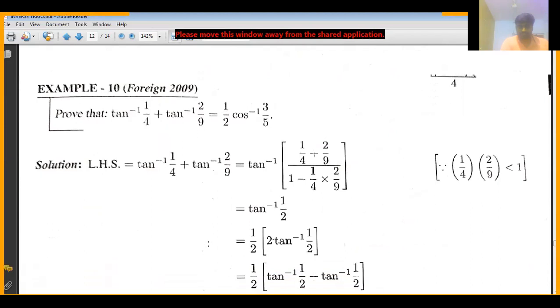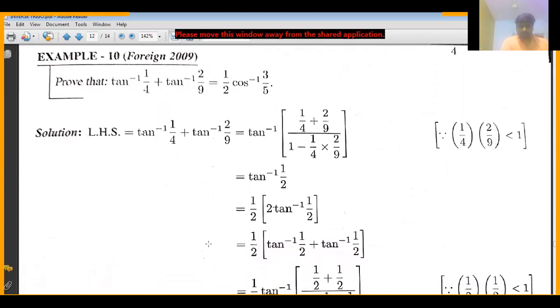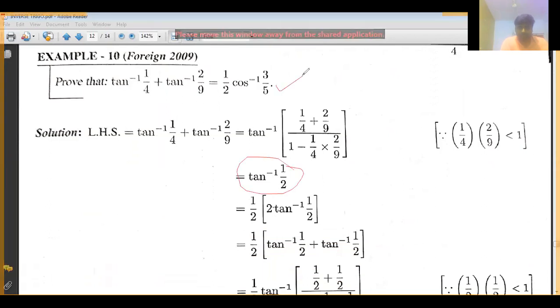See, it is also very easy. Have a look at that. Tan inverse of 1 by 4 plus tan inverse of 2 by 9, directly we will apply the formula. But here, observe, the result is in a single tan inverse. But what is the result? 1 by 2 into something. Okay, let us multiply with 1 by 2 also. Okay, because in the result, we had 1 by 2. That's why for this also I'm multiplying and dividing by 2 there. See, 1 by 2, 2 divided, 2 multiplied. If you multiply 2, what is the benefit? So 2 tan inverse of something.